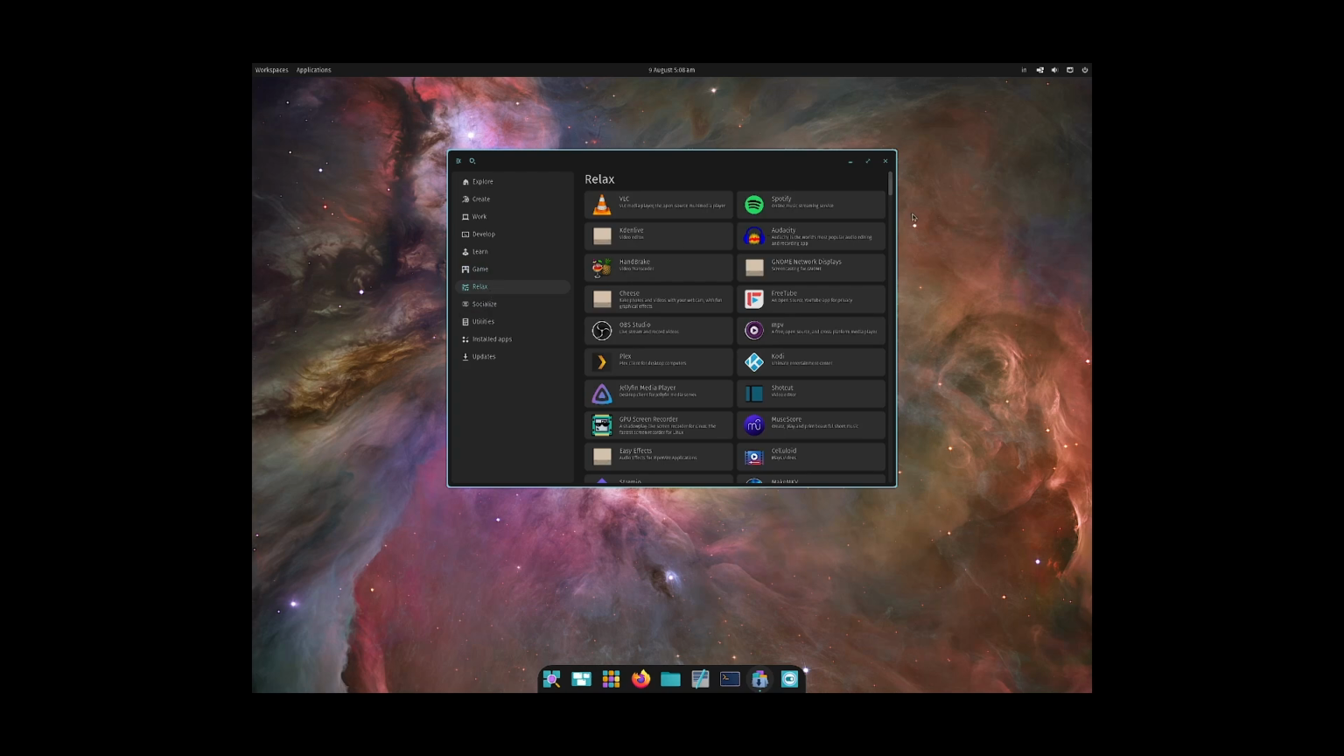And these are the relax applications. These are applications to soothe your soul. If you have done a lot of development work, or a lot of productivity work, and want to take a break, then you can come and install some apps from here in the relax section. So music and all those apps are there. You can